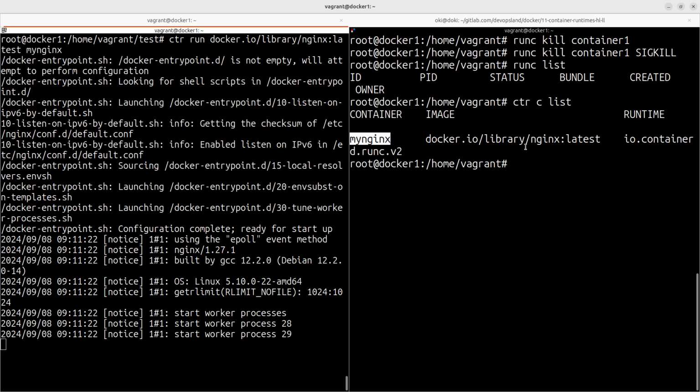This is very useful to know how to manage a container with the ctr CLI or containerd CLI, because when you use Kubernetes, for example, sometimes you need to go on the worker node and debug, manipulate, or manage a container, or troubleshoot a container with this CLI. And specifically with Kubernetes,